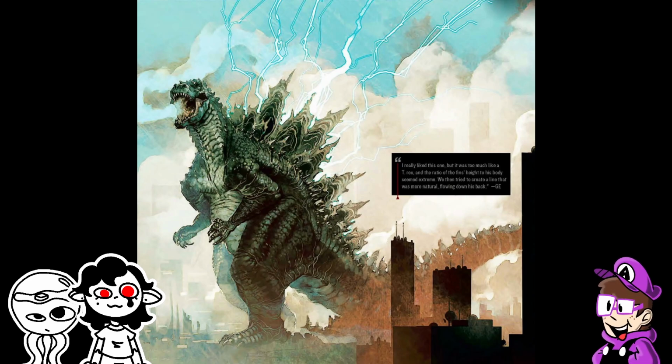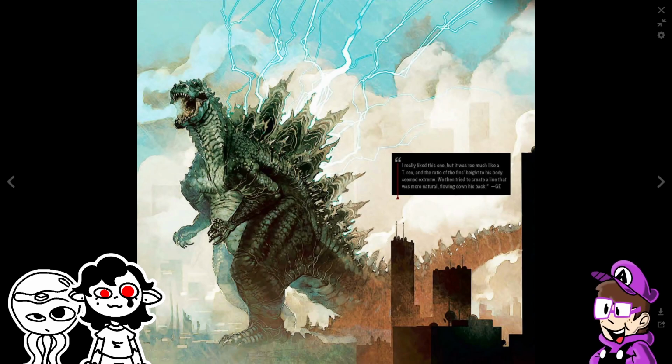Yeah, but I like the layered look of them. I like how the spines kind of look like cooled magma. You know, yeah, they do kind of look like that, don't they? They got that almost like a shell. Almost kind of looks like an oyster shell. Yeah, this one's like...